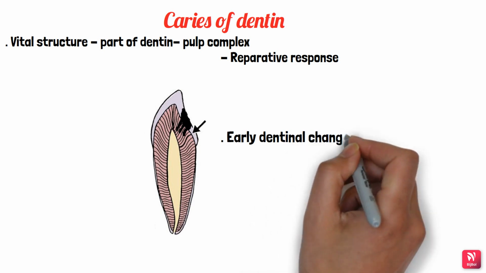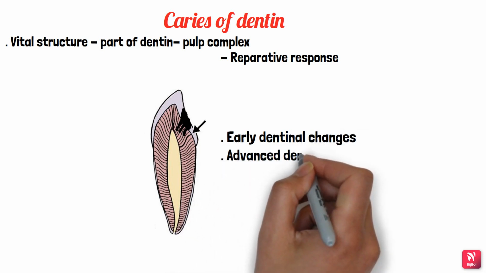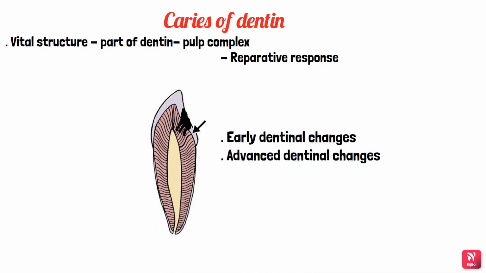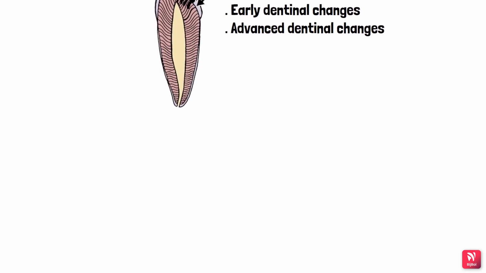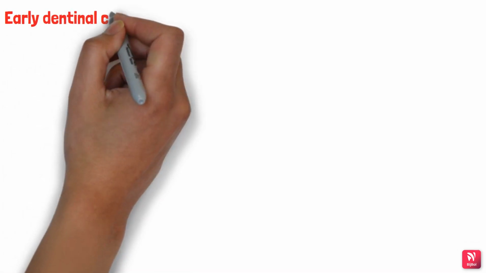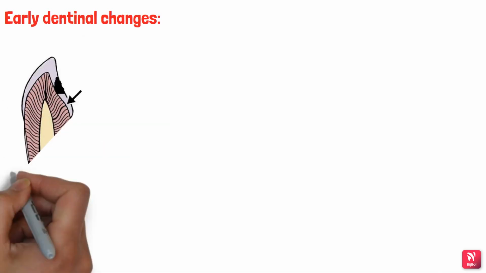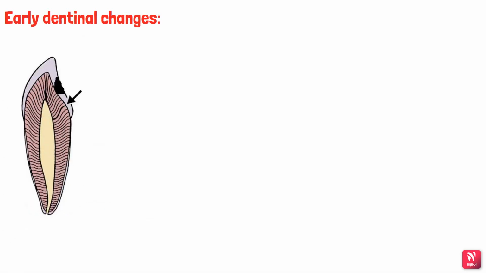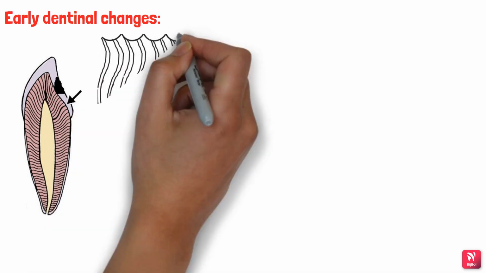So this whole dentinal caries, what we have seen in these three pictures, it is explained in early dentinal changes and advanced dentinal changes. Okay, so what all will be there in early dentinal changes and what all are there in advanced dentinal changes. So if you see in case of early dentinal changes, as you can see in this picture, the old picture, wherein the caries from the enamel along the DEJ and now entering towards the dentinal tubules,